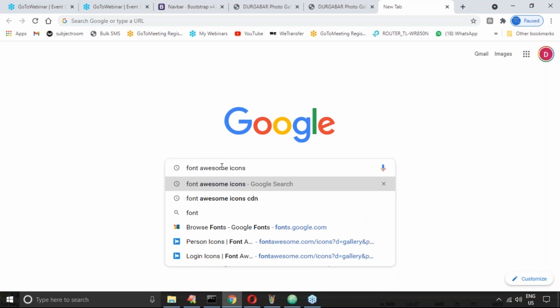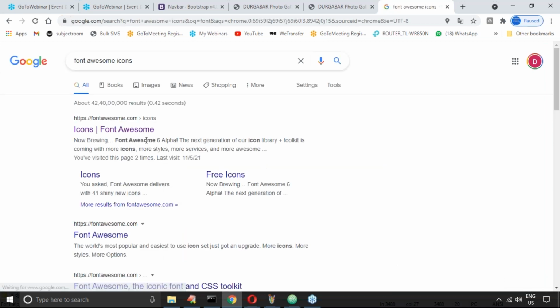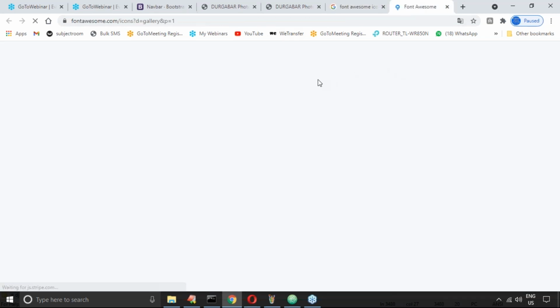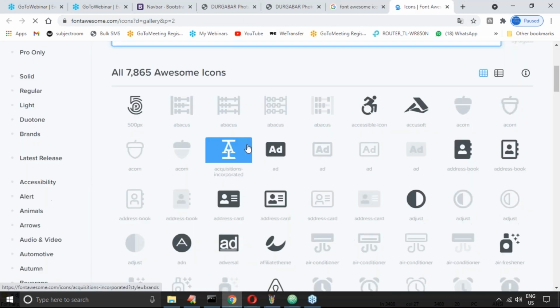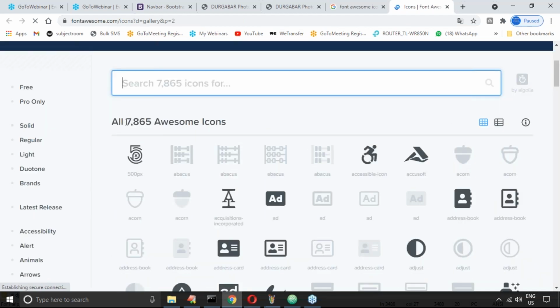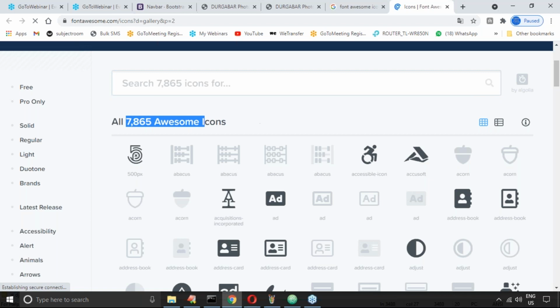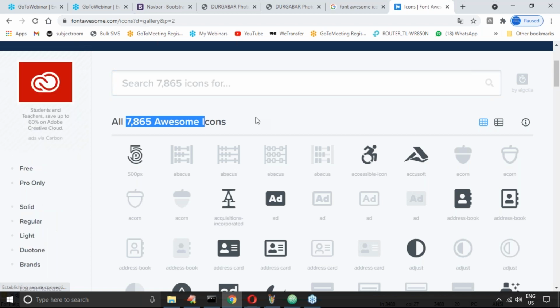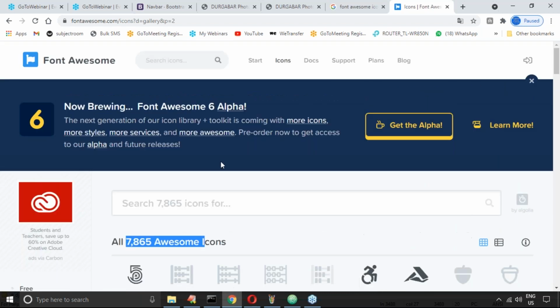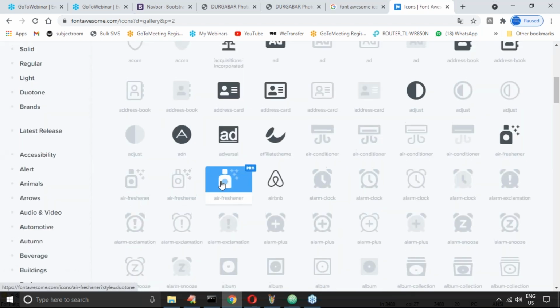Can you please confirm? Now there are multiple icons, all 7865 of them. There are some free icons, and there are even some paid icons also.